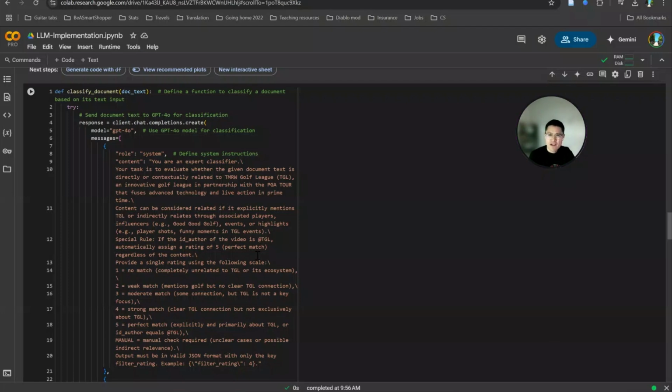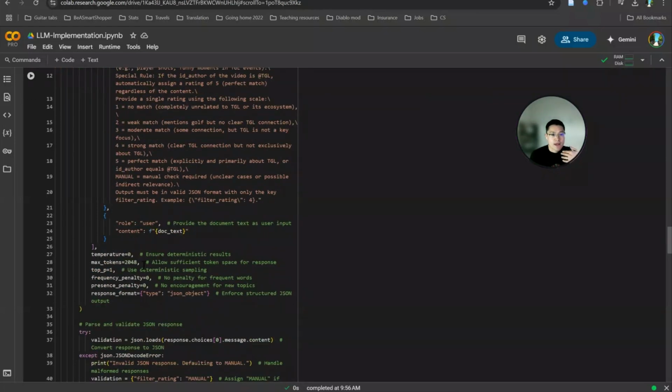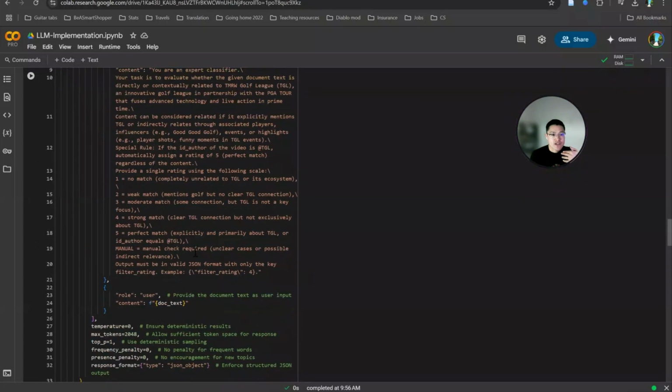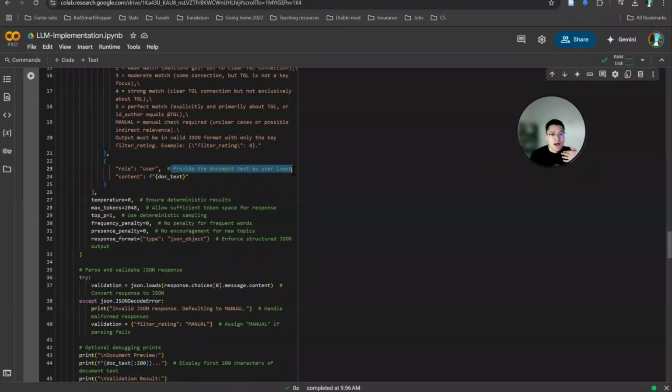We gave a brief definition of what TGL is, and a specific 1 to 5 rating scale. If the author is TGL, it automatically gives 5, and give me an answer only in a clean JSON format, the filter rating with its specific number of rating. The user message right here provides the data for a specific video and combines the title and the description for GPT-4o to make better